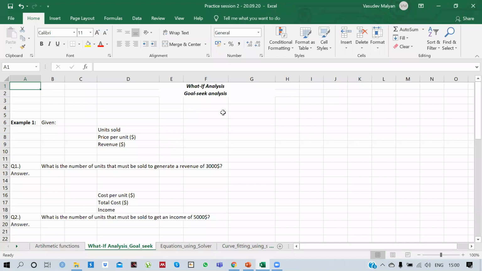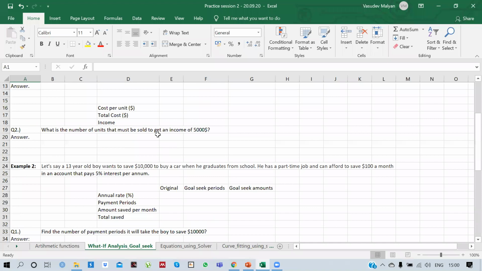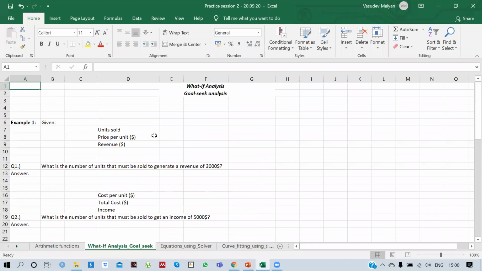I will show you three different examples of how we use goal-seek. Goal-seek is one of the most important tools for iteration, but its only limitation is that it can only be used for one variable analysis. If you have only one variable in your question, you can always use goal-seek.